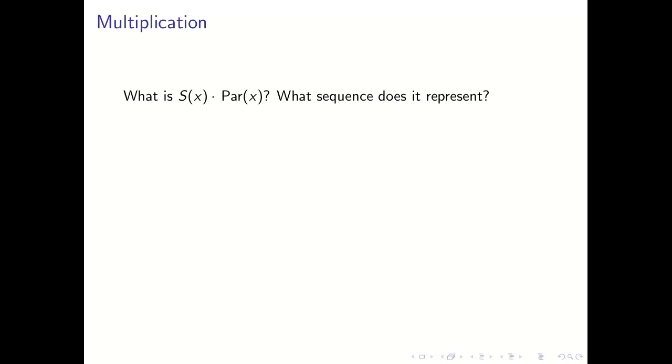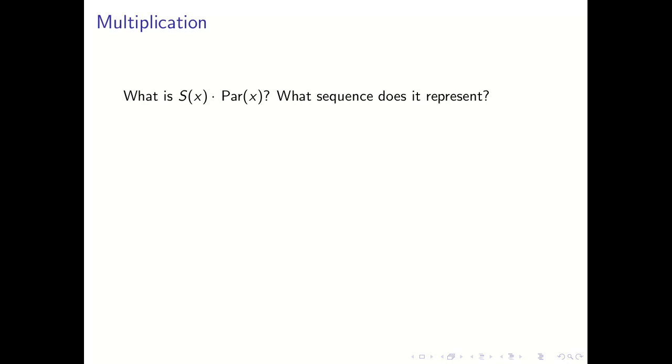Now, multiplication is kind of the really important operation on generating functions because, and I'll mention this a bit later, it's how we can decide which generating function we should be using in the first place. Should we be using an EGF? And all of my examples for just now are exponential generating functions. Or should we be using an ordinary generating function? And I'll touch on this a bit later.